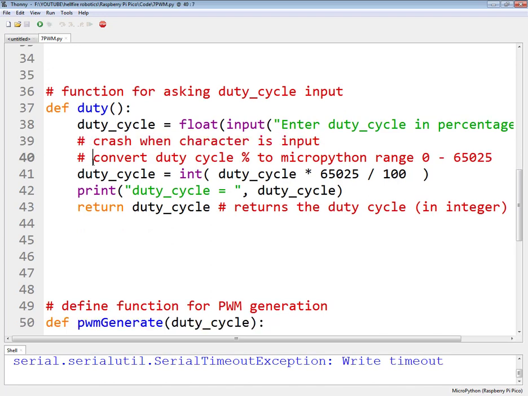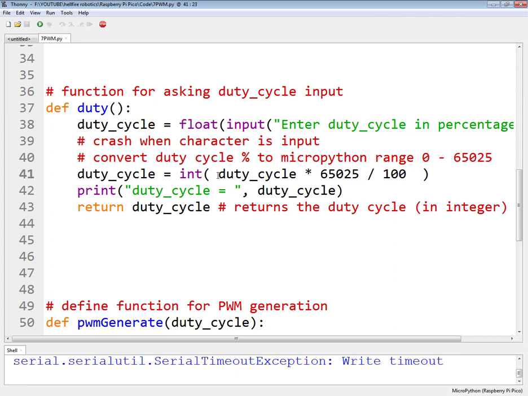So now convert the duty cycle into the MicroPython range of 0 to 65,025. This is the range of the duty cycle which MicroPython suggests. So anything between 0% to 100% will be treated in the range of 0 to 65,025.